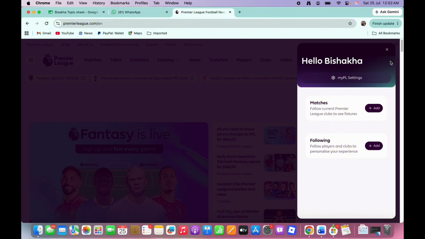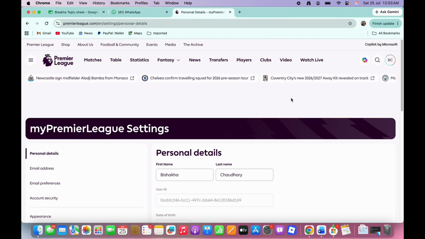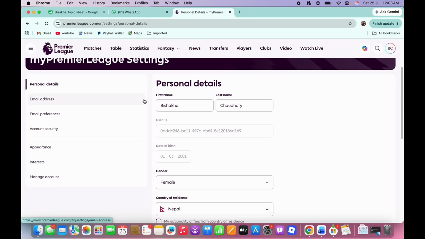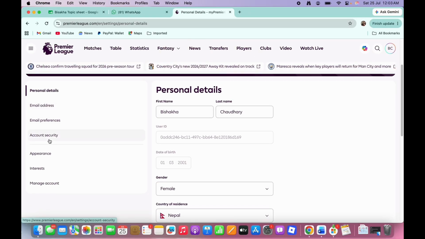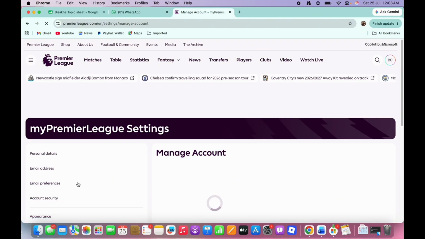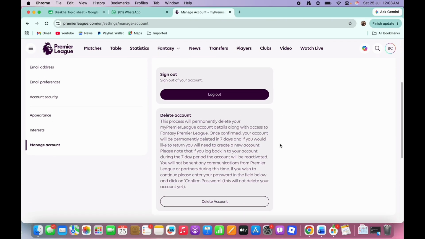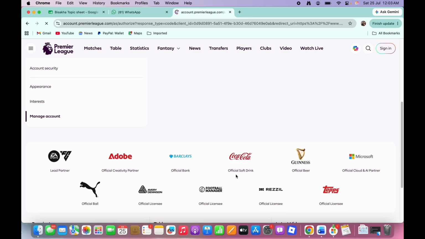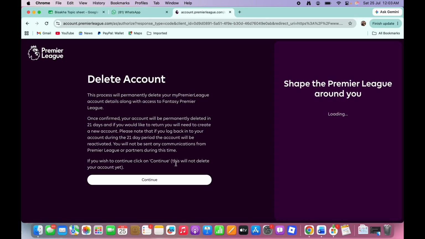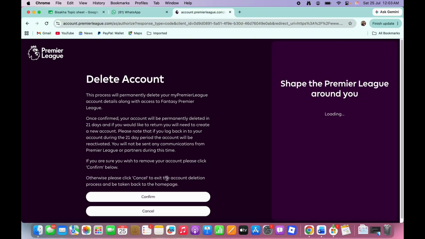and here you will see the option for My PL settings. So tap on it, and now in the interface that you will be led to, on the left side toolbar you will see the option for Manage Account. So tap on the Manage Account option you see there and scroll down and you will see the option for Delete Account. So tap on the Delete Account option you see there and then tap on the Continue option and